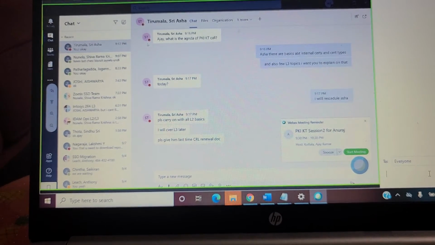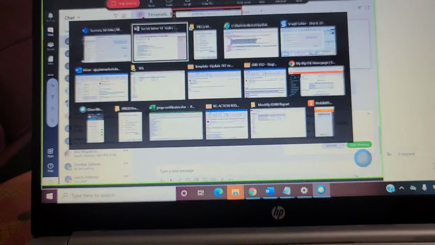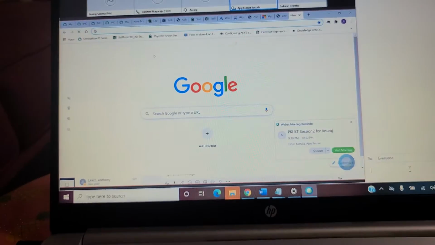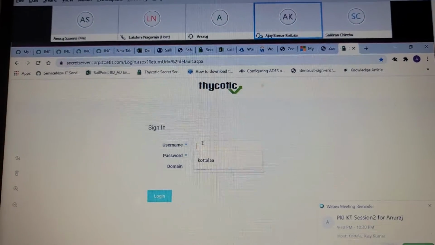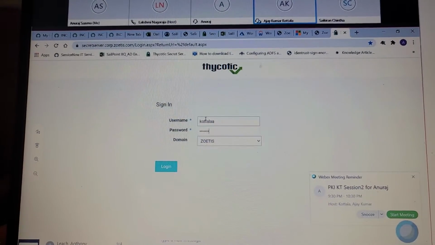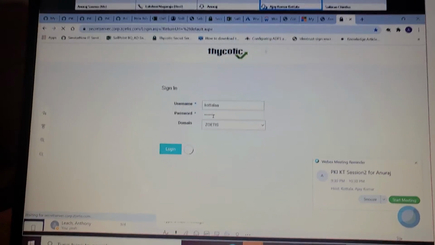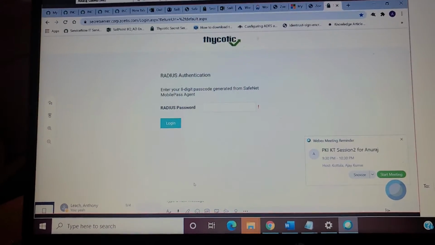So yeah, this is going to hit the load balancer, secretserver.cop.joy. This is our load balancer URL. So this is one factor, and the second factor is my mobile pass code.